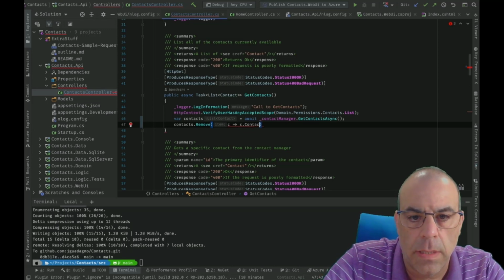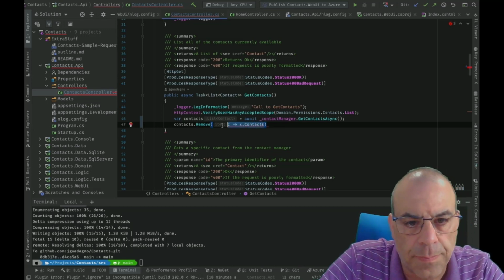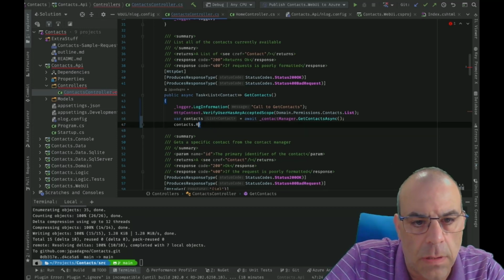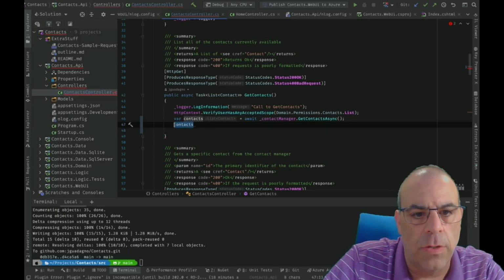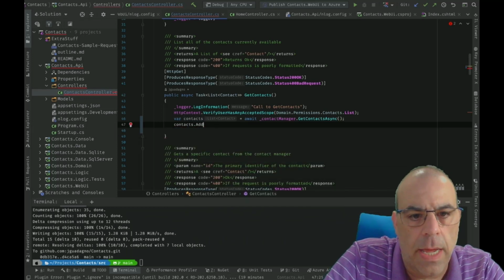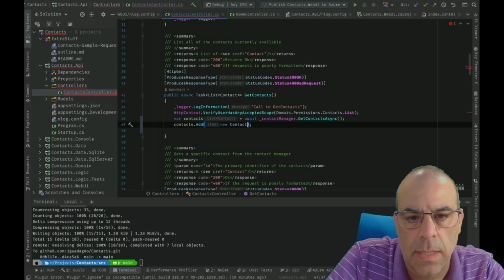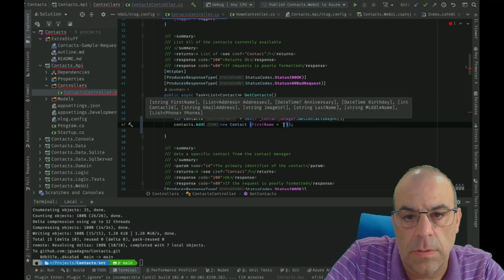The contacts, hey, you should be working. Oh, the wrong thing. Actually, why don't we just add a new contact to it? Contacts dot add new contact, and then we'll do first name equals